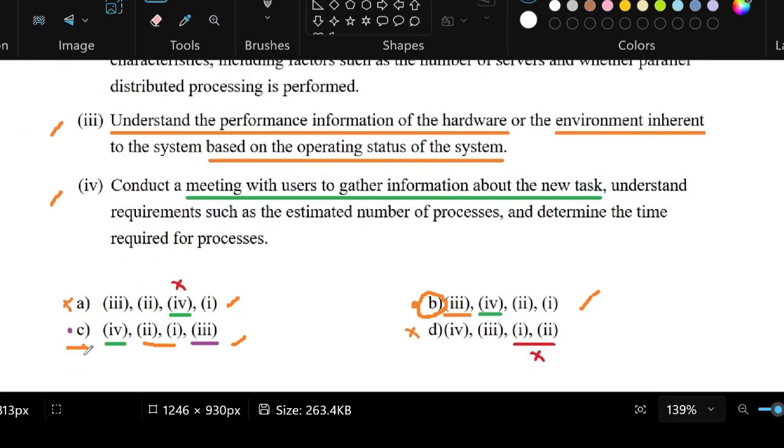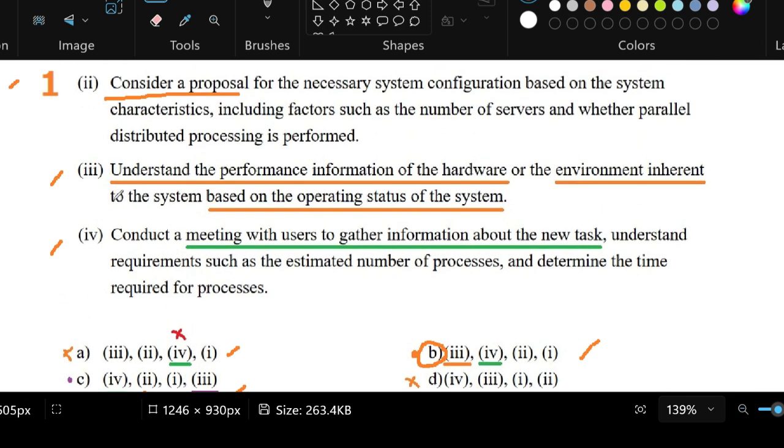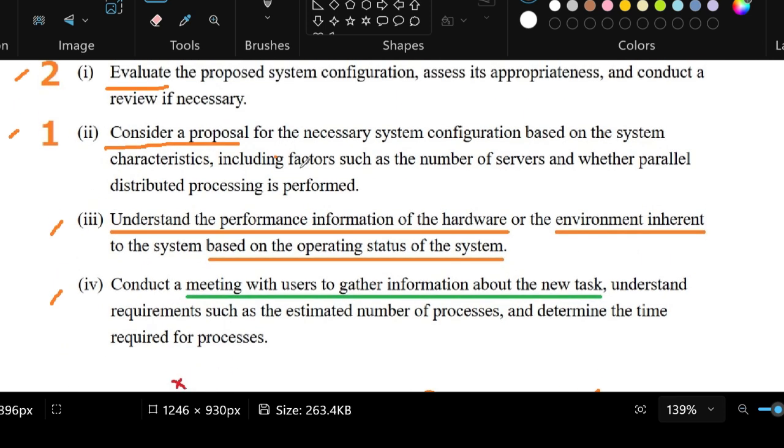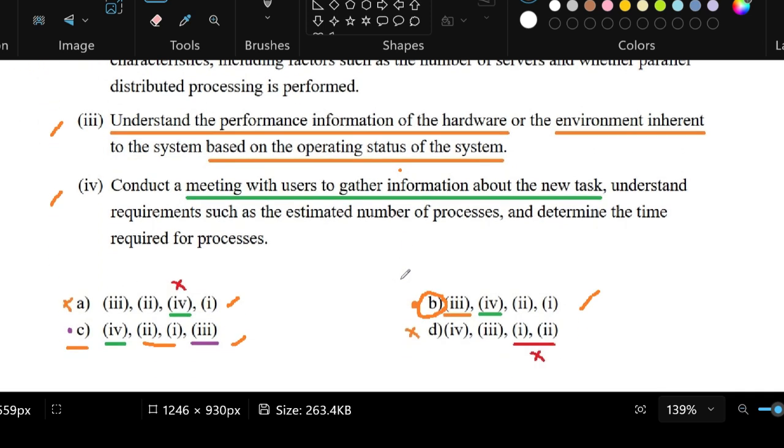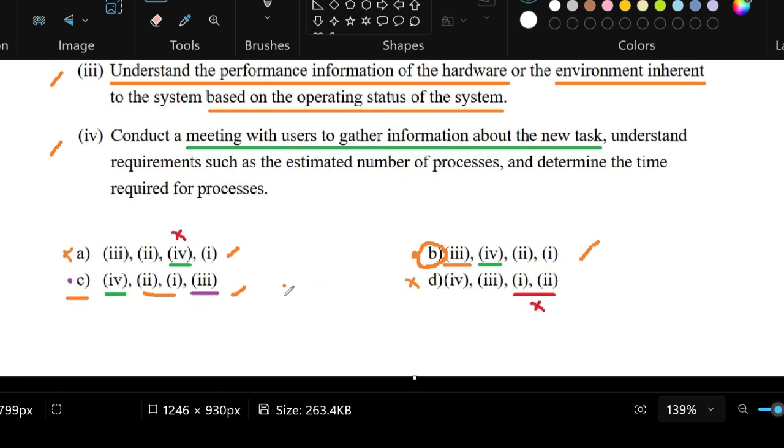So I chose C because, as we can see here, we need to conduct a meeting with users to gather information so that we'll know what it is that they want. And then for number 2, the next in the sequence would be to consider a proposal and then evaluate it. And then afterwards, we attempt to understand what the performance is. But it turns out that that is not the right answer because what we are going for really is to